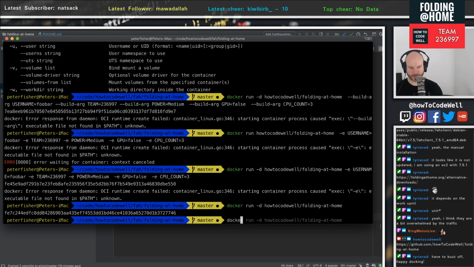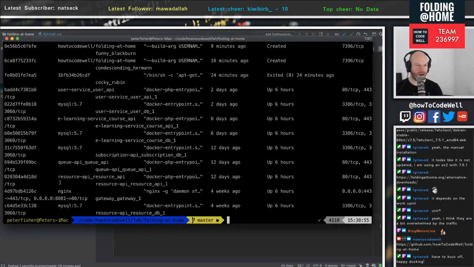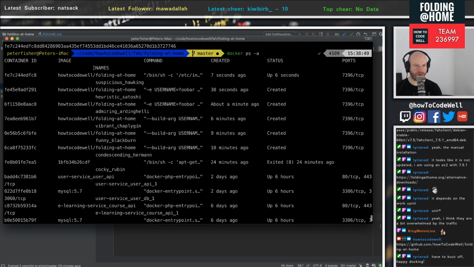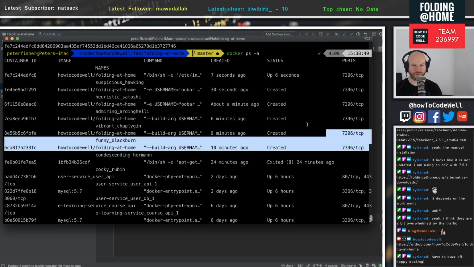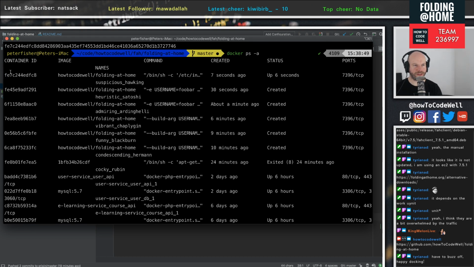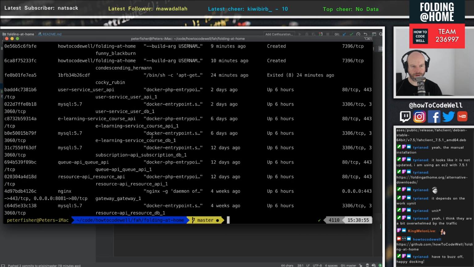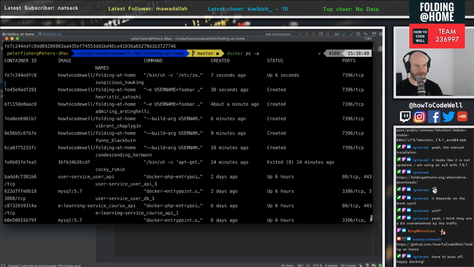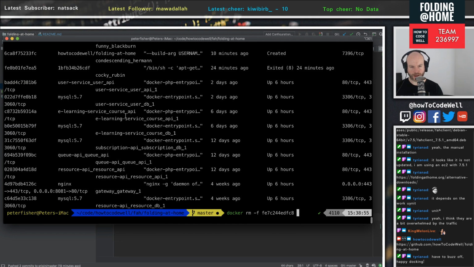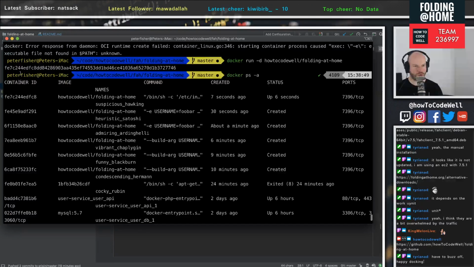And if I did a docker ps -a, there should be one somewhere, yeah, called the FAH up here. So let's just get rid of those. So docker rm -f of this one and this one and